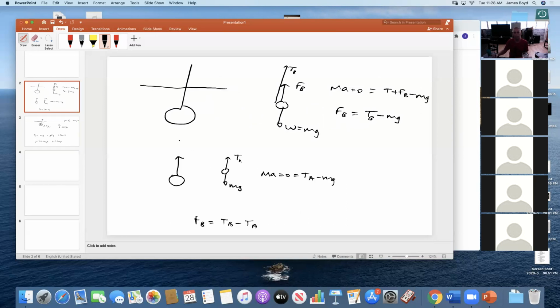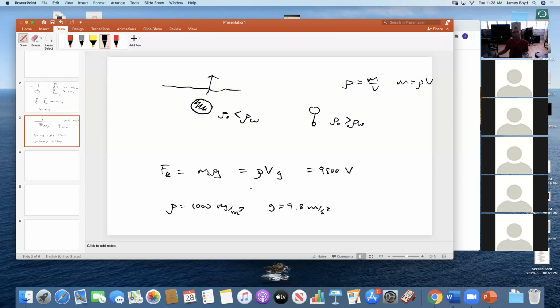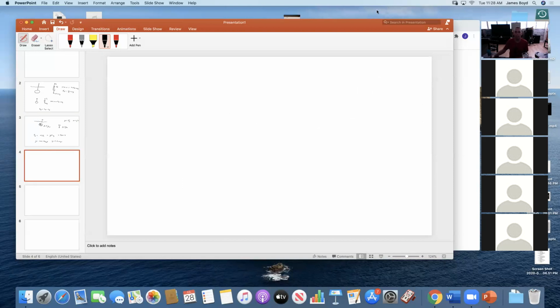So we could hold an object by a string in the air, get mg, and that would be our TA, and then put it underwater, and we could figure out what the tension was TB, and then we could find the buoyant force from that. Or we could measure the volume with a ruler and multiply it by 9,800, and that will give us a buoyant force. And then the last way that we can do this is